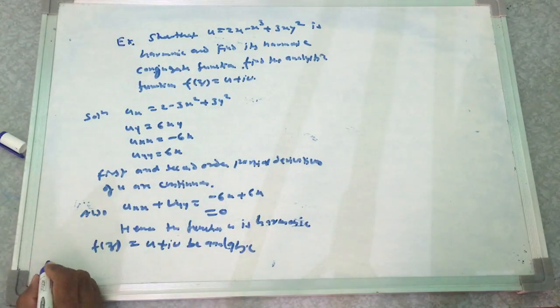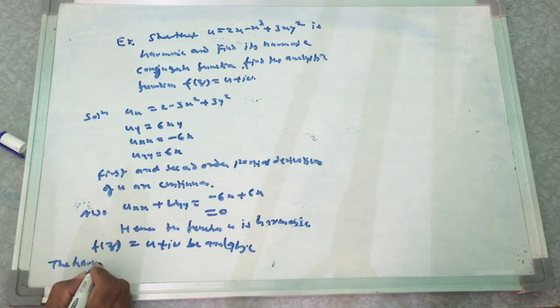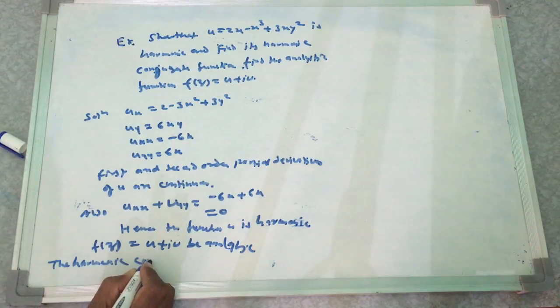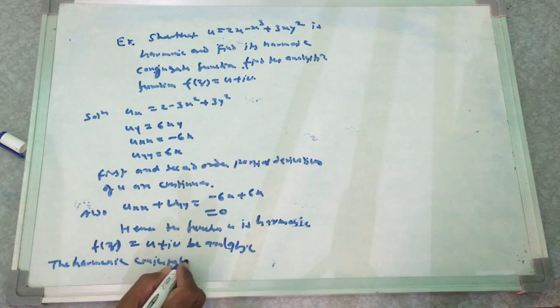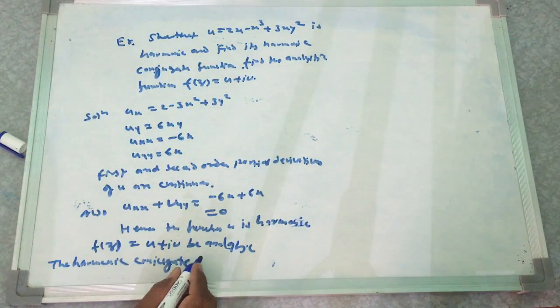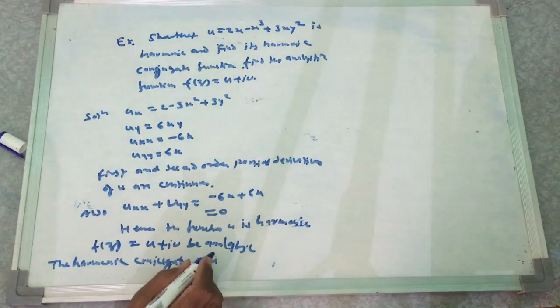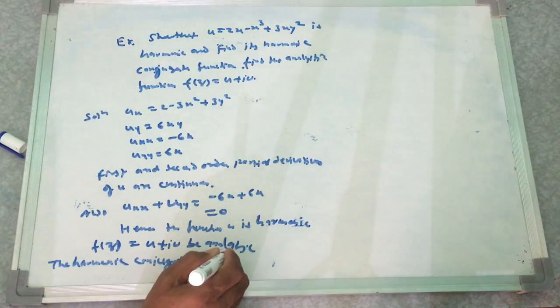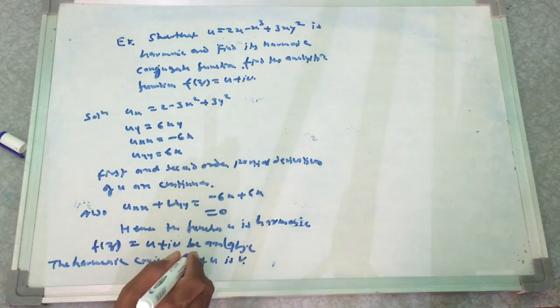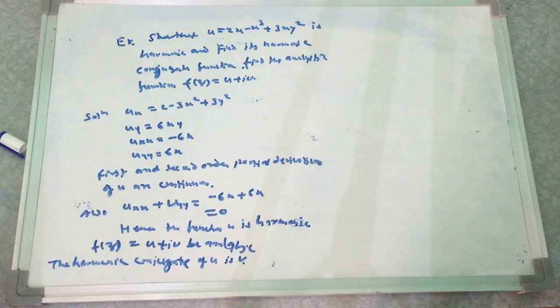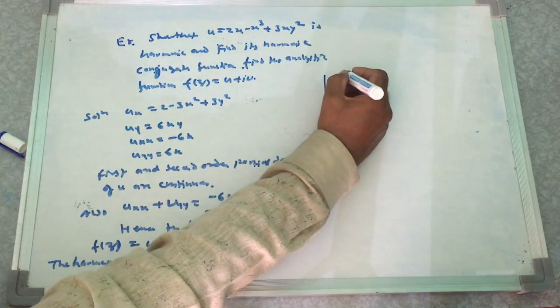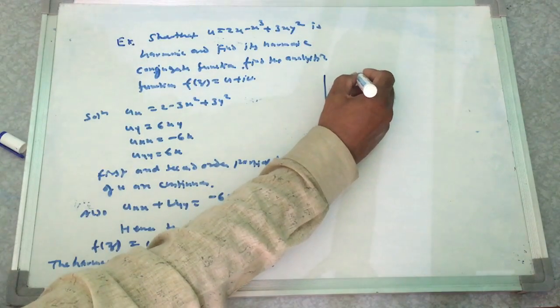The harmonic conjugate of u is v. We determine as follows. In this manner we have to determine, again you have to take the CR equations. It means, method 1,